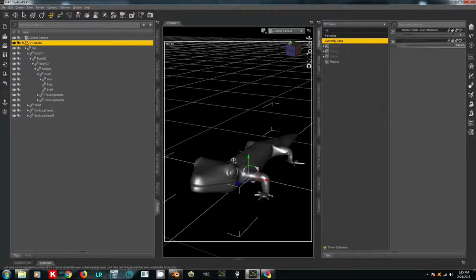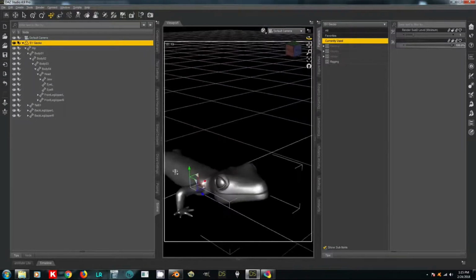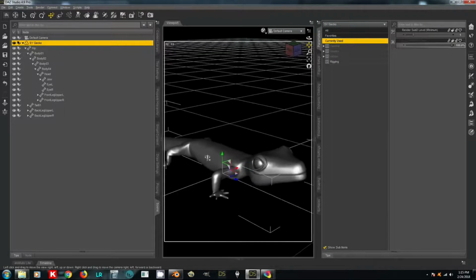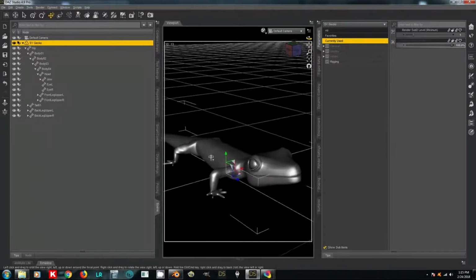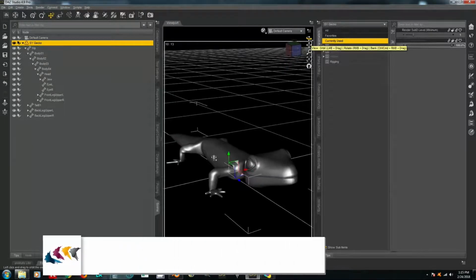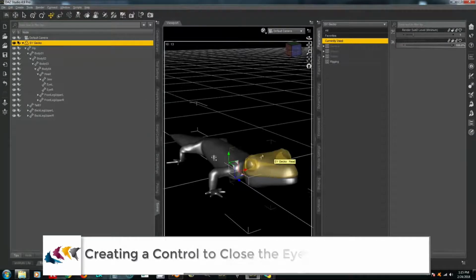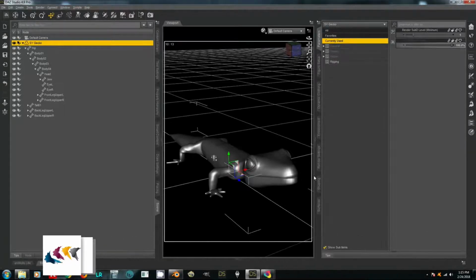Okay. So that's how you do JCMs. Some of you probably have seen some of that JCM workup from having come to my other webinars, which is great. And the other thing that I'm going to address right now is how to close the eyes. Those obviously are modeled open, and we need to be able to close them, but we can't just put bones in the eyelids. You can sort of do that with something like Genesis 8,